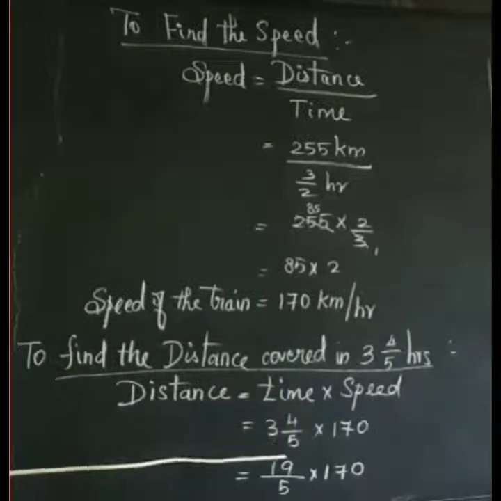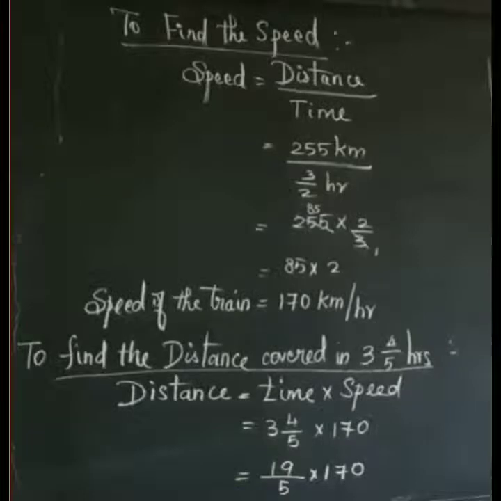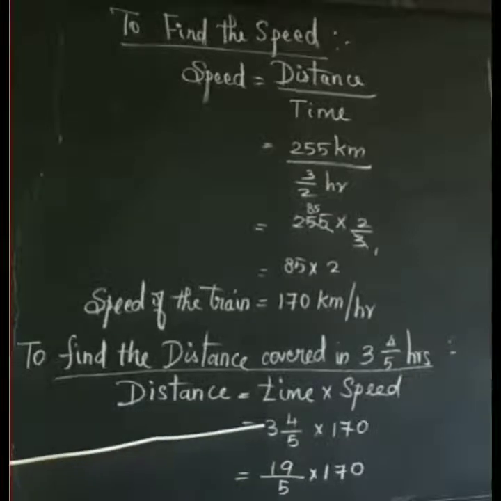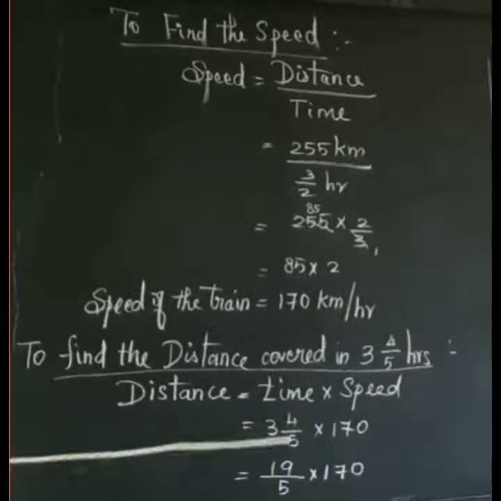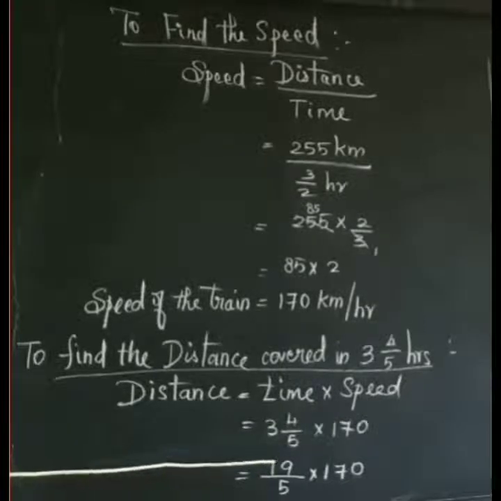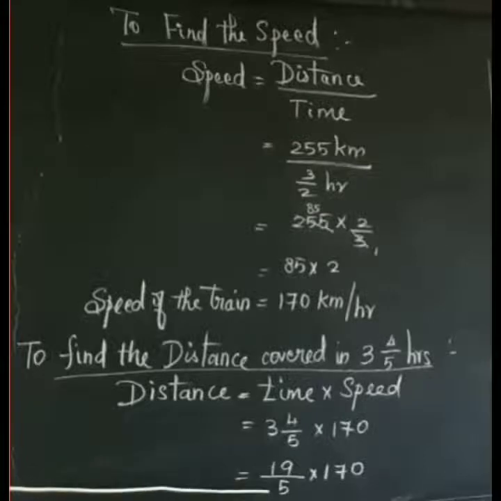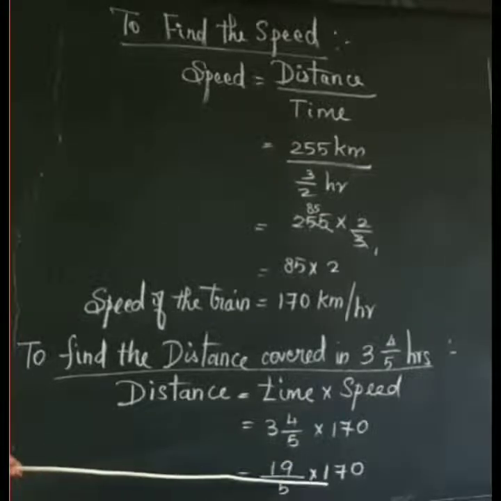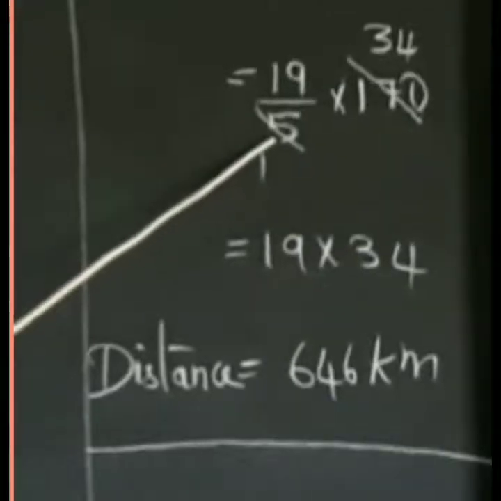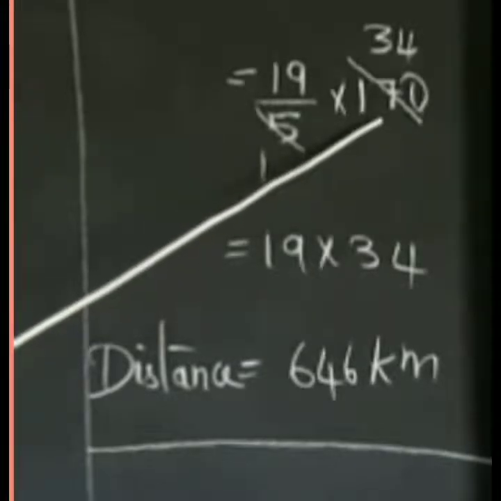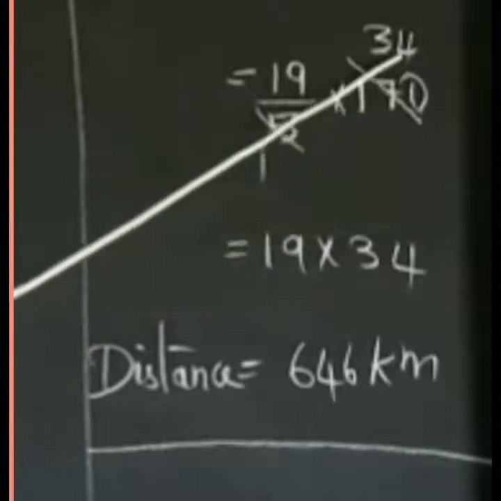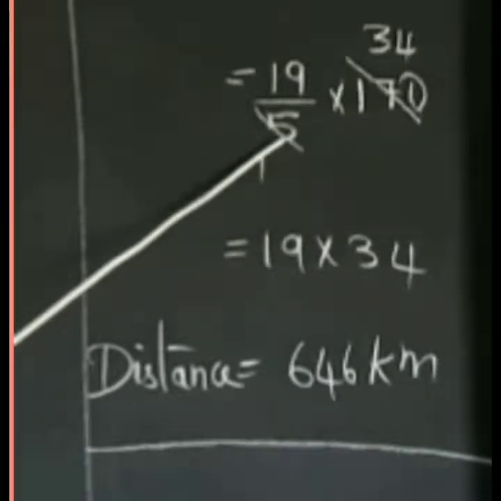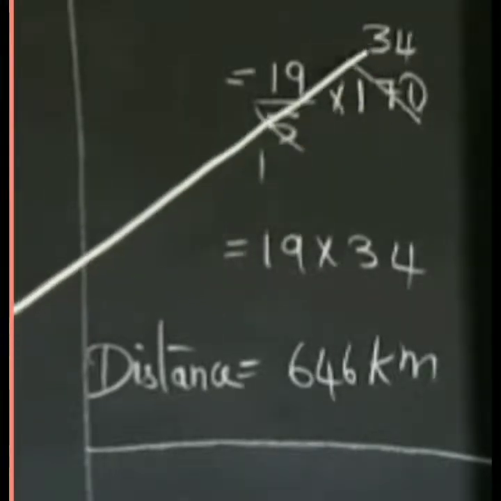So this is in mixed fraction. You have to convert it into improper fraction. So how is it? 3 5s are 15. 15 plus 4 is 19. So the improper fraction is 19 by 5 into 170. So 5 in 1 times, 17, before number 15 is 3 times, the remainder is 2, so 20 is 4 times. So in the 5 table 5 1 times, 170 is 34 times.